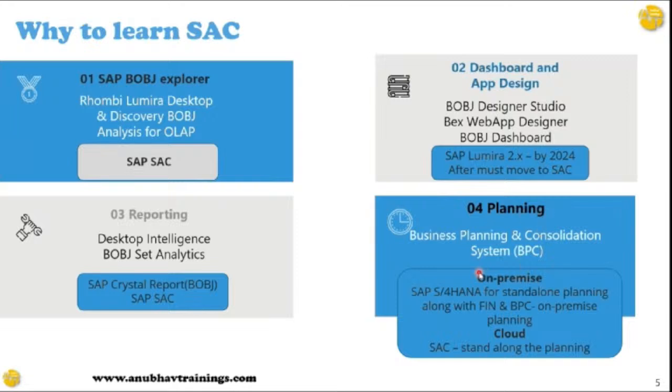Similarly here we have planning. So if you want to do planning in consolidation, then for planning specifically, SAP is offering Analytics Cloud as the major tool for performing planning functions. However, we also have on-premise system in parallel in our organization where we have SAP BPC and S4HANA for planning and consolidation. But our focus will be in this training to understand planning with Analytics Cloud. That will be our major focus when it comes to planning.